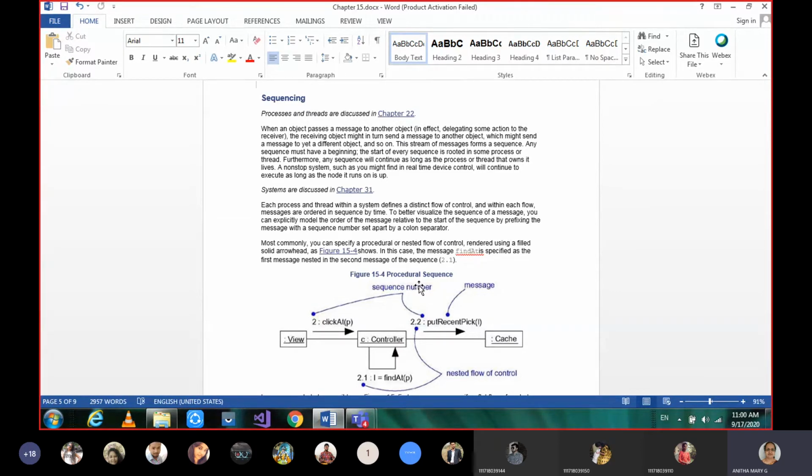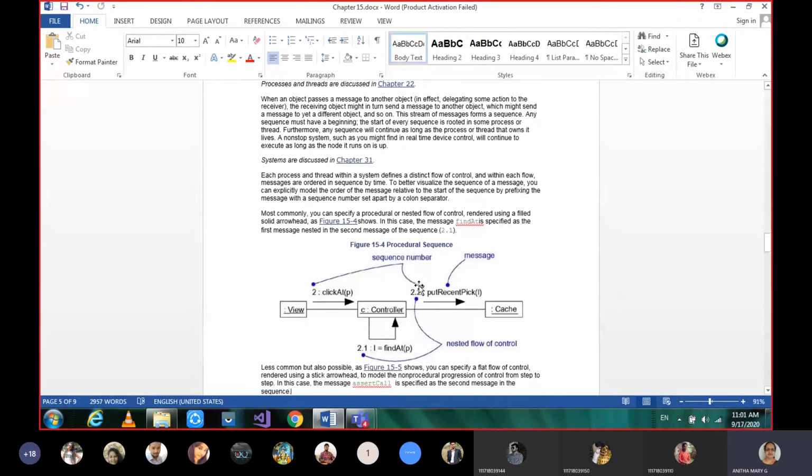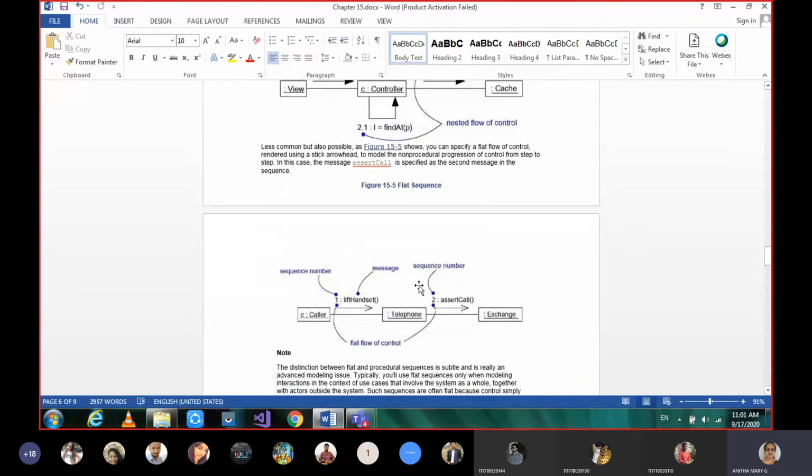Who is first sending what message to whom, and later how that second person communicates to whom. That sequencing of messages has to be maintained. Only then will we understand what exactly the communication in the system is. This sequencing can be given in two ways: procedural sequencing and flat sequencing.